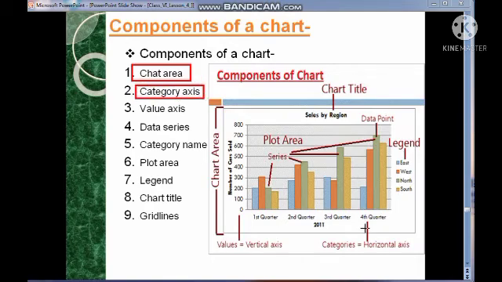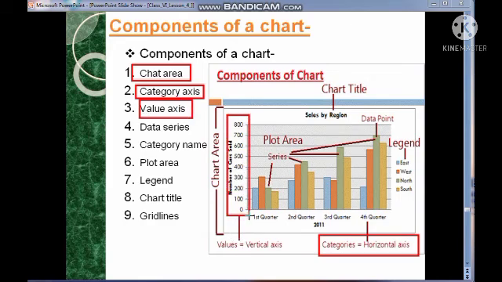You can see this horizontal axis is known as the category axis, meaning whatever data is displayed horizontally. Third is the value axis. You can see this vertical data is known as the value axis, or we can say the y-axis, and the category axis is also known as the x-axis.